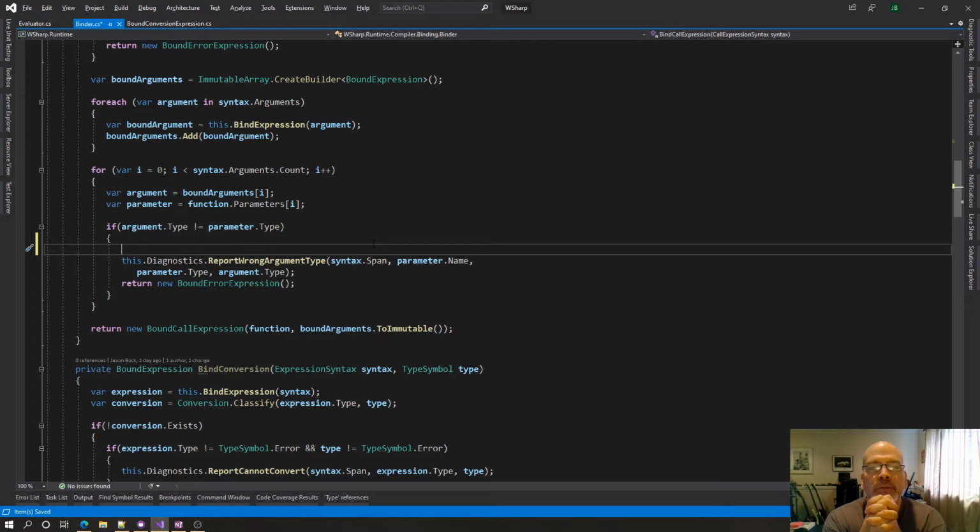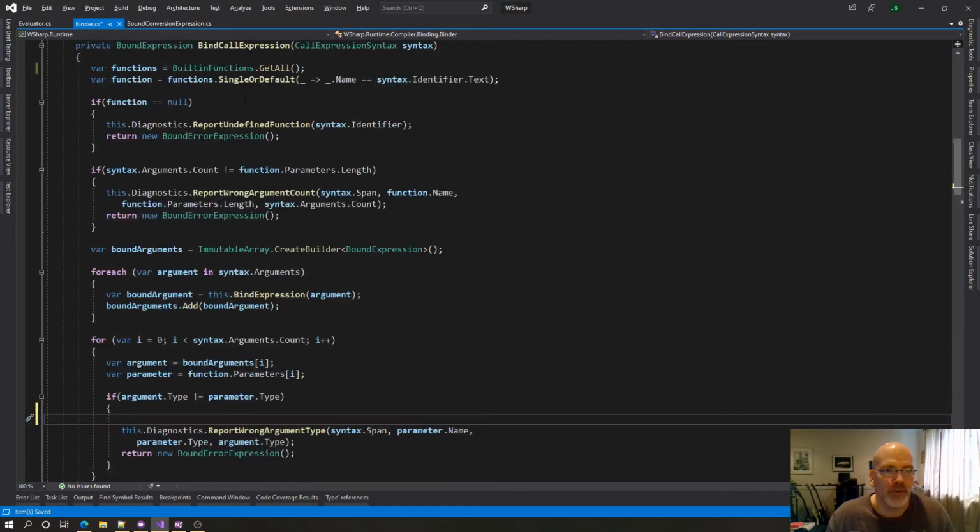What would I want? Because the bound argument is when we're just binding the literal arguments of the syntax. We actually have to look at what the target function is going to do. That's where the function parameters come in, because that's what we just looked up from our built-in functions. So I don't think I want to make this an immutable array, because what I really want to do is make it